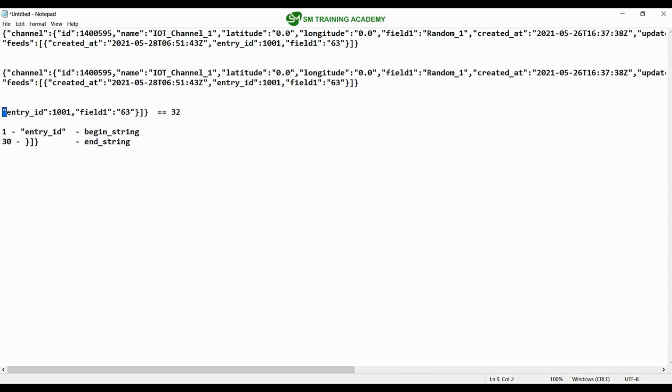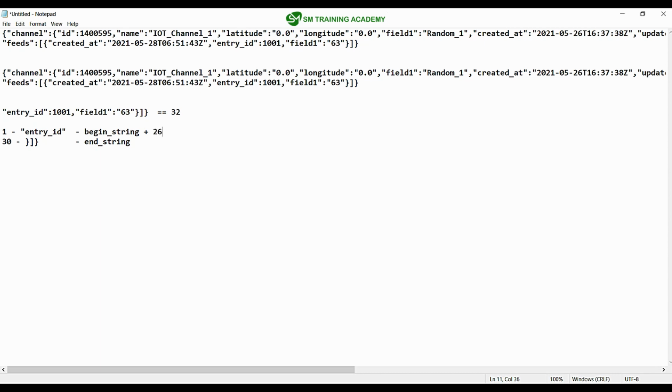I want to count all these characters: 1, 2, 3, 4, 5, 6, 7, 8, 9, 10, 11, 12, 13, 14, 15, 16, 17, 18, 19, 20, 21, 22, 23, 24, 25 and 26. So I want to add the number 26 to this begin string to go to the data position.